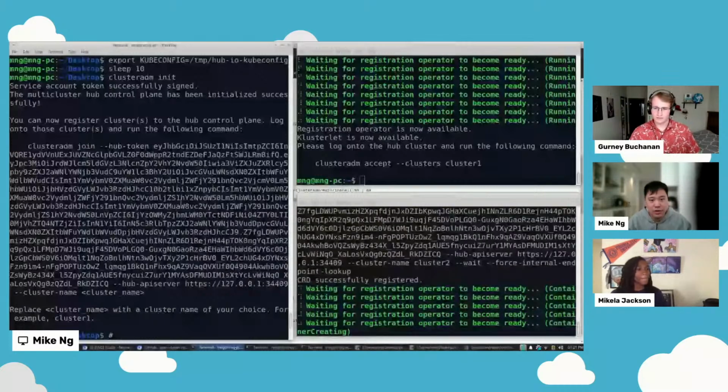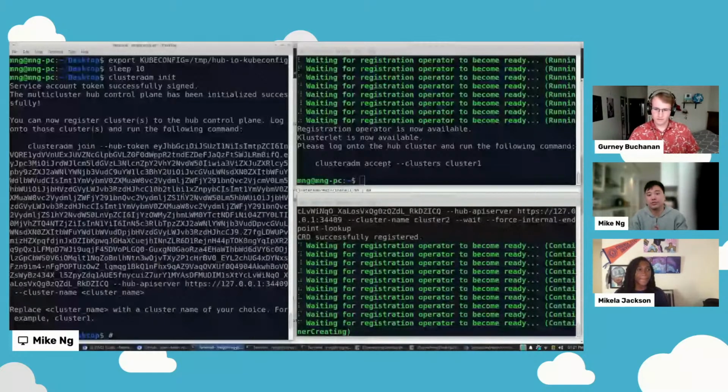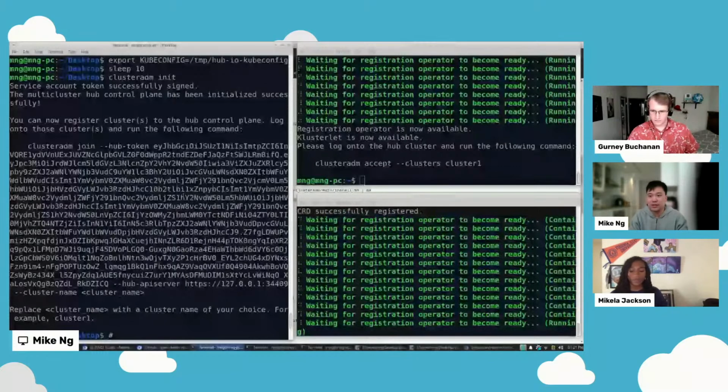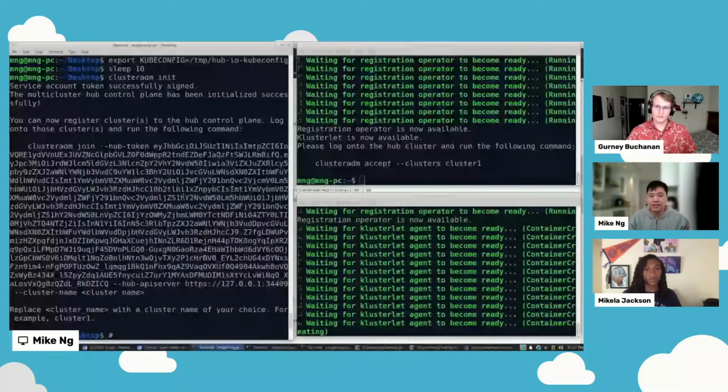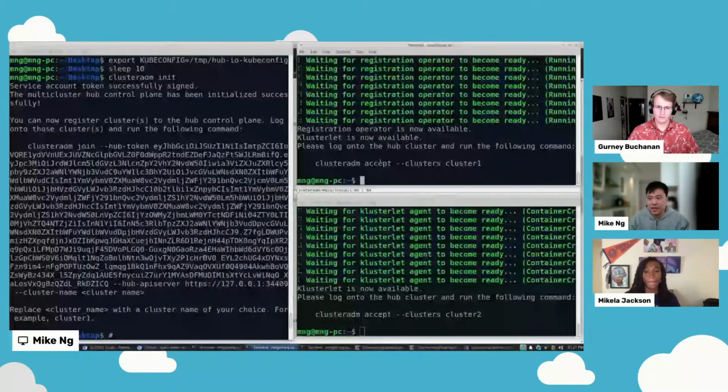So while we wait, we can talk a little bit about the security, and then I'll go into more depth later when we have more slides to show regarding the registration process. So in this case, the remote or the worker cluster admin can list and read the managed clusters and create a managed cluster request on the hub cluster side, and also